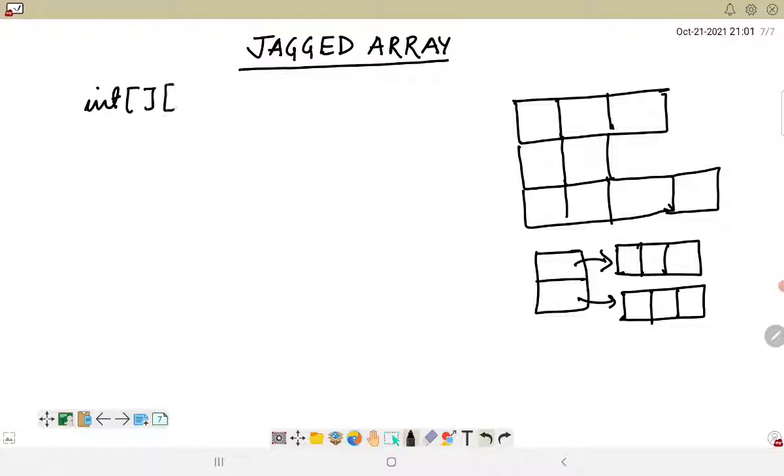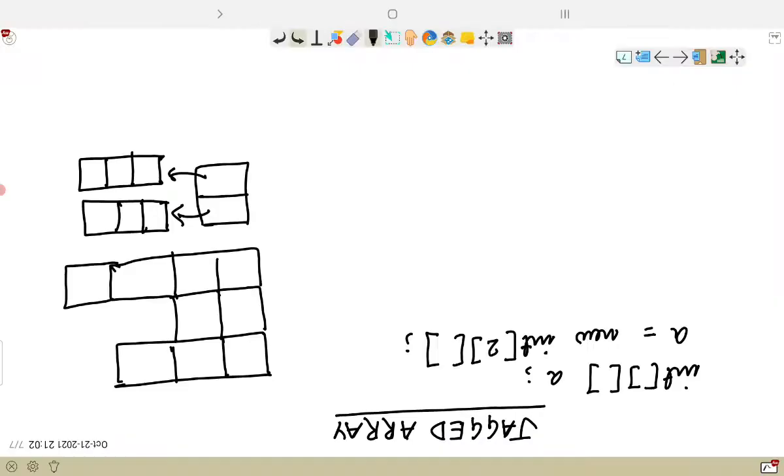So I will use the same declaration, int a, and then a is equal to new. Now the difference lies here, where I will simply use a 2 followed by a blank. I will not mention the size of the column, and the size of the column will be instantiated later on.